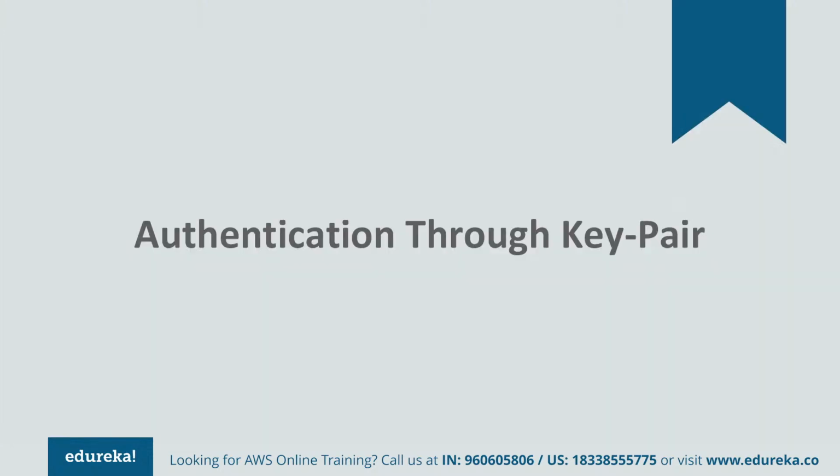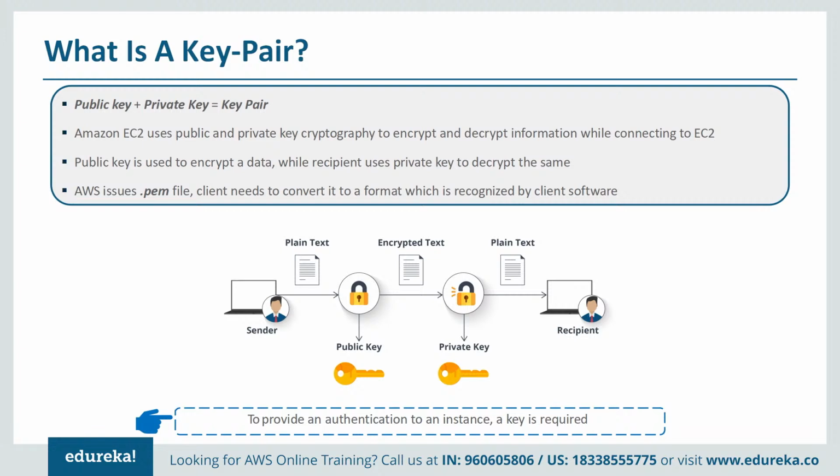The next term that we should be familiar with is key pairs. So EC2 key pairs, they are cryptographically secure keys that are used by AWS to authenticate a client when logging into an EC2 instance. So it's a combination of public and private key, and collectively they are referred to as a key pair. AWS stores the public key on the instance and the end user gets to download the private key. So to log on to an instance, let's say if you are using Linux instances, by default, they have no password. You only use the key pair to log into a Linux instance. And for Windows distribution, you use a key pair to obtain the admin password